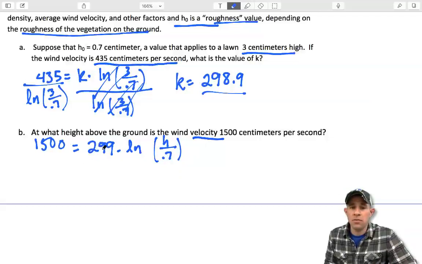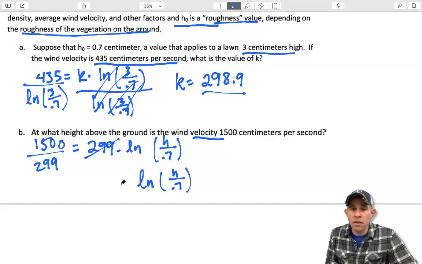Let's start to get the natural log by itself. We're going to divide 1,500 by 299 to get the 299 off. We're left with the natural log of h over 0.7 is equal to 1,500 divided by 299, which is approximately